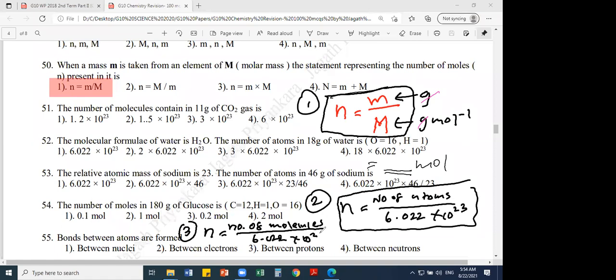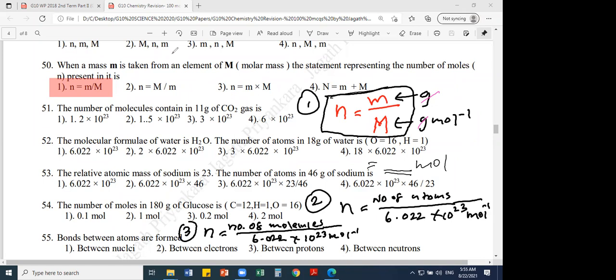Actually, we have observed in marking that most of the students don't write the unit of the Avogadro constant. So my advice is to write the unit of the Avogadro constant, because the Avogadro constant has the unit per mole. Here also per mole. Because the number of molecules or number of atoms has no units, you get the answer in moles. Per mole becomes mole, mol minus 1 becomes mol when you take this to the numerator, so in the final answer you have to put the moles.